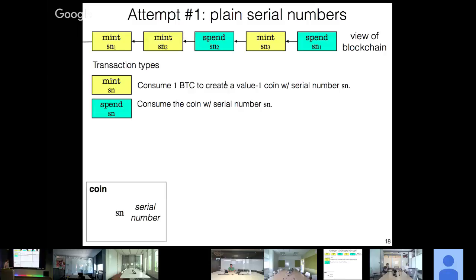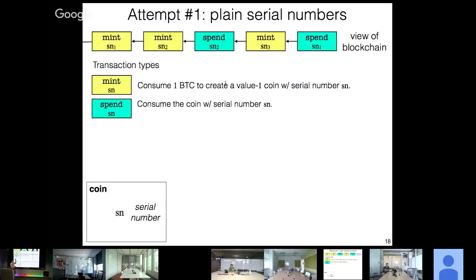Could you explain on the mint transaction, what does consume mean? Yeah, so for now, you can just think that we're building a privacy overlay on top of Bitcoin with maybe some other blockchain on top, or you can think the system is aware of different types of transactions. Later, we'll get rid of the overlay. We'll just do everything in one blockchain. So for now, all I want to say is just create some currency. It has to come from somewhere. So I'm just saying for now, define the system to